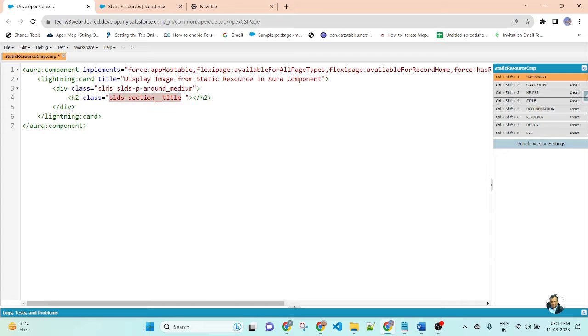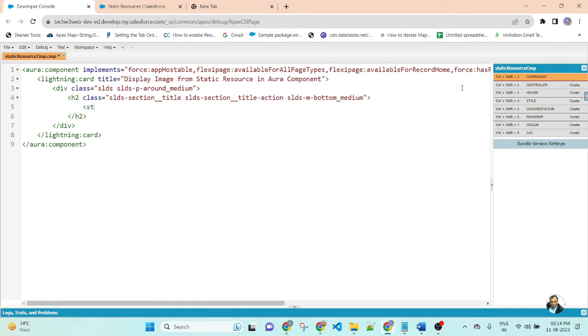Copy the class name, paste it, and put the class slds-m-bottom_medium. So it will display space at the bottom of the h2 heading.